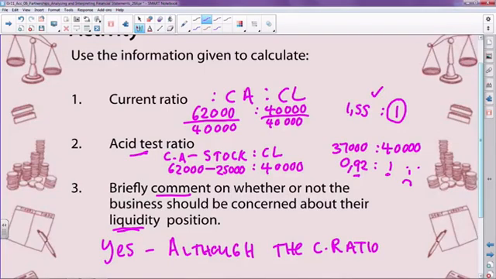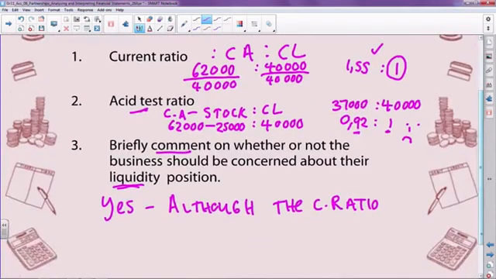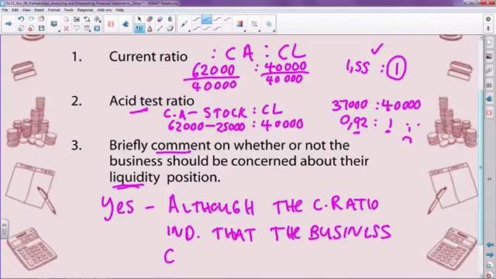So although the current ratio indicates that the business has, okay, fix that quickly. Okay, although the current ratio indicates that the business has